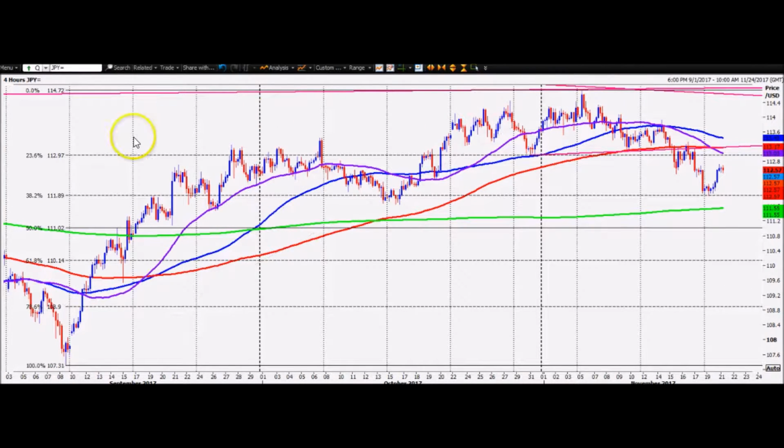I used the Fibonacci's here for my target, 38.2% target of 111.90. Once we'd broken the neckline, you can see we broke this neckline, which was just above the 113 double. There you go, 113.12 was the neckline. So there was some decent profit potential in it, certainly 120 pips, more than worthwhile trading that pattern. We even got a second opportunity, dip, and then up to the neckline, and then you could sell it again. So really, textbook pattern here, looked really good.